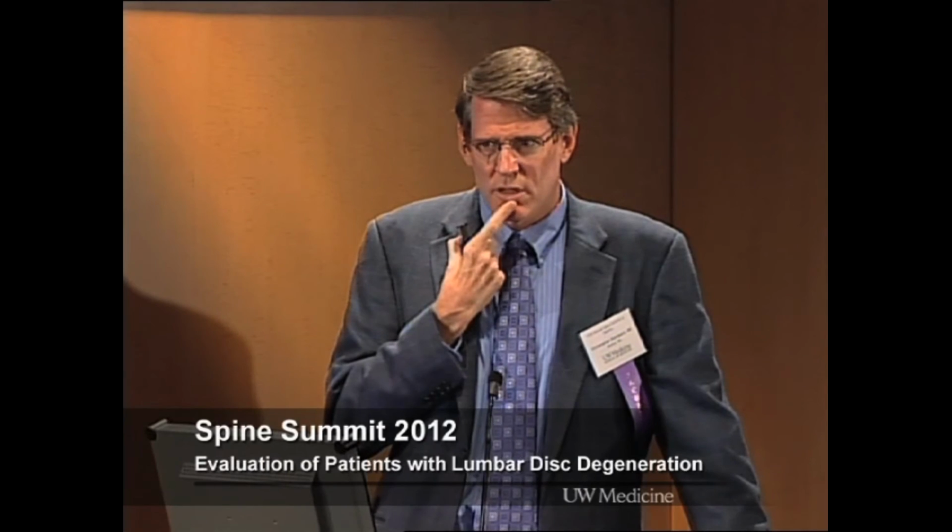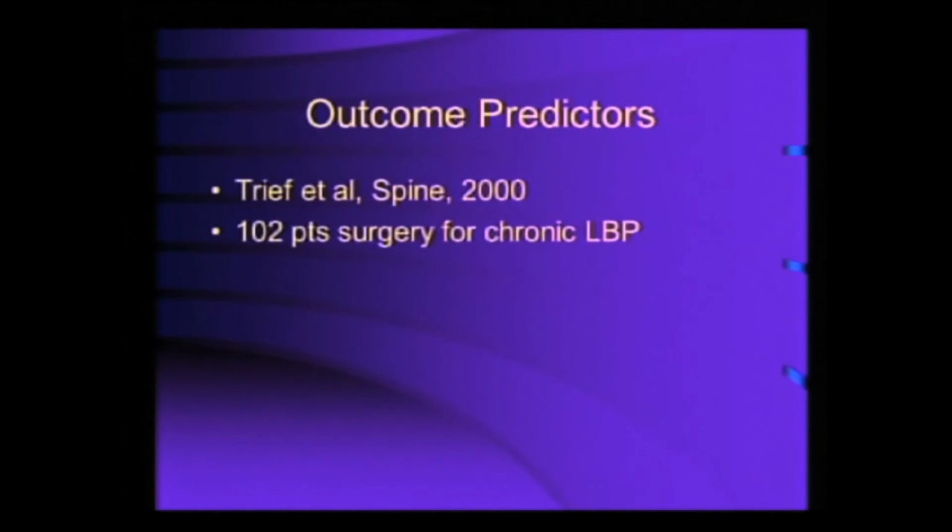So this brings us to the idea of looking at what we do and does it work, and if so, why does it really work? What are some of the things that really predict the response of patients to treatment? So we treat patients with chronic low back pain. What things can we find that predict whether or not they're really going to get better? This has been pretty well studied. Treat et al. in 2000 had a survey of 102 patients who had surgery for chronic low back pain. Most of these had fusion done. They didn't actually say what the rest had done, which is sort of curious.